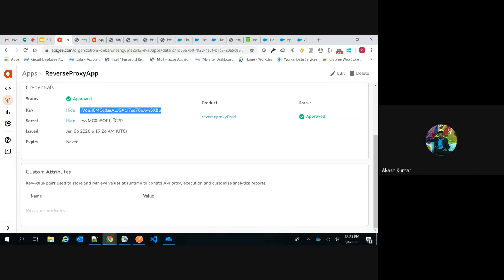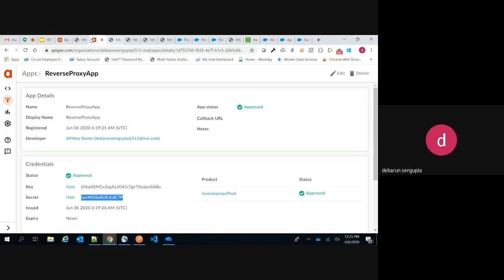Okay, fine. My second question: if there is an issue in the endpoint, some code breakdown happens, and I'm calling from Salesforce and some error is coming, can I capture it here in APG? I can check from there. You can capture it. That is the advantage of using this trace feature. Okay.